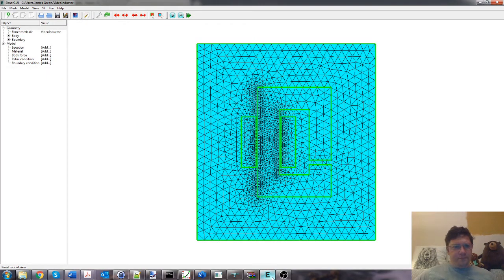Yeah, if you've been following these videos, you'll probably be expecting us to talk about the setup of the problem after the meshing. So this is video number 4. And we're in ELMER GUI, and we've got the mesh, and the various parts of it have been set up